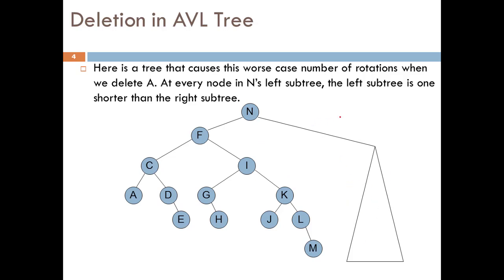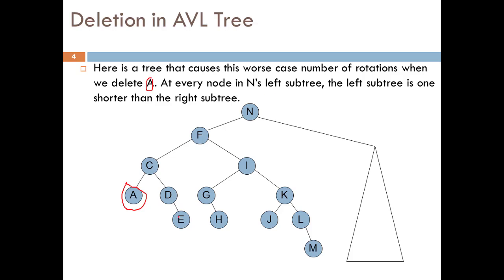And now we are interested in deleting a node, this one, a. At this point of time, currently it is a balanced tree, and we are given a request to delete this